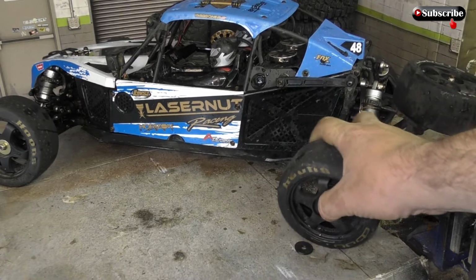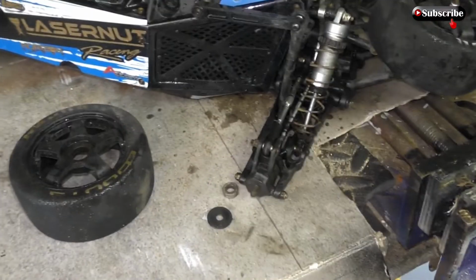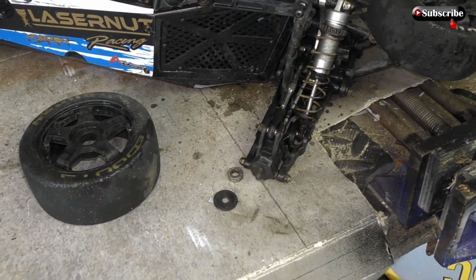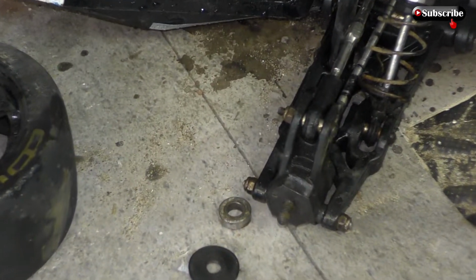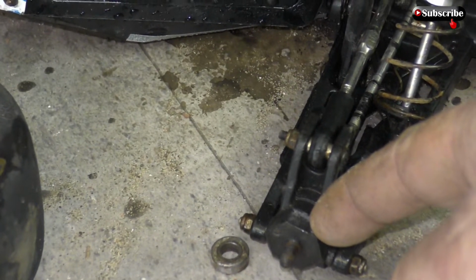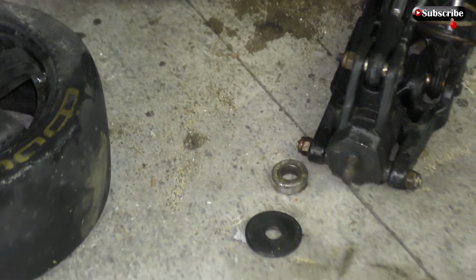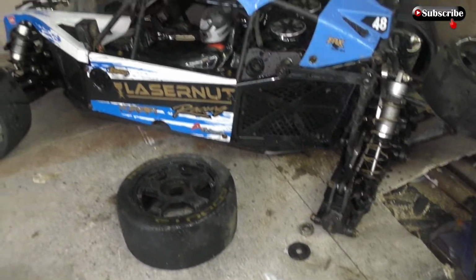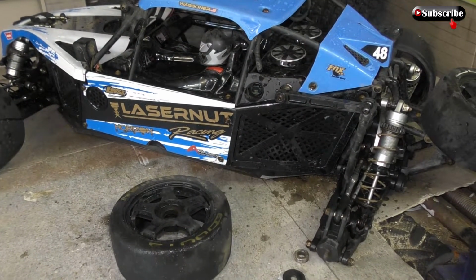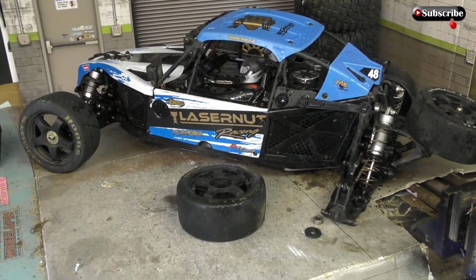unless, the only way I can think of doing it, which might be a bit fiddly, is these little hexes that are on here, if I either file them down or saw them to half thickness so it goes further in, that might give me a bit more room at the end of the rod to get the nut on. But we'll do this off camera, and once I get it figured out, I'll come back to you guys with that. But there's a rough idea of what it would have been like with the hoons, and